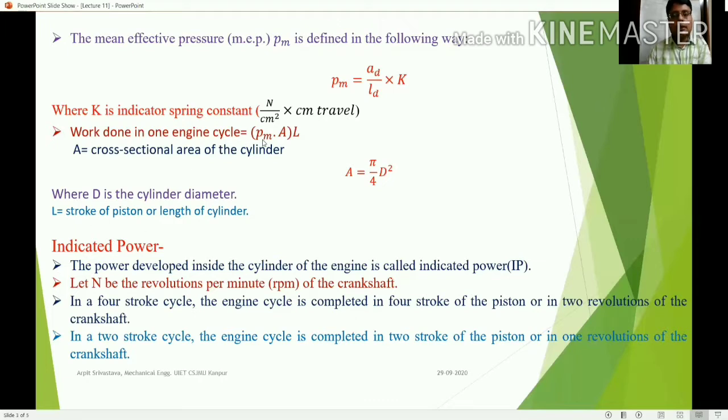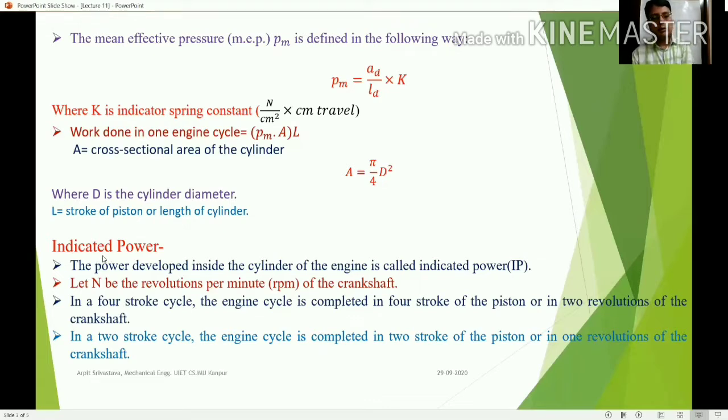The same thing is happening in this expansion. We multiply this expansion force with the displacement of the piston, that is L. Here A is the area of cross section of the cylinder, and L is the stroke of the piston or length of the cylinder. Another important term which plays a very important role inside the IC engine as well as in thermodynamics